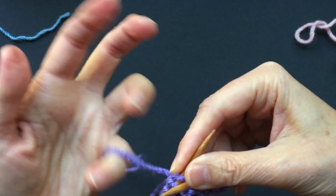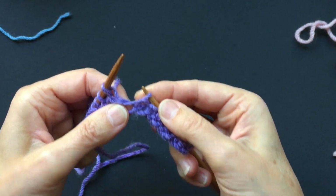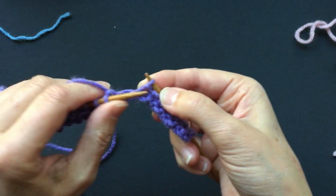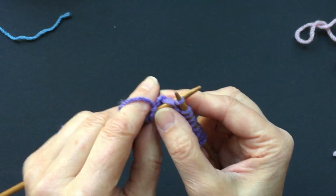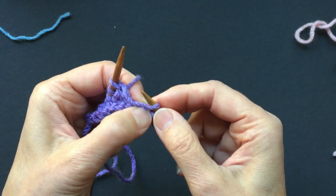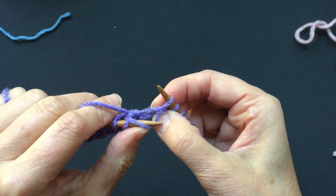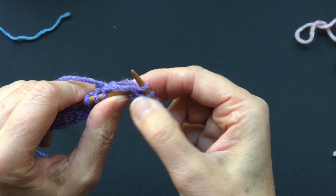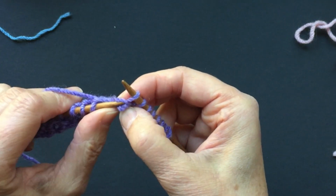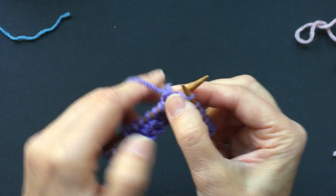in English style. Okay, so we have one strand, we knit below it, two strands in here. Okay, let me show it to you. Two strands right here, one and two. So we need to knit above it